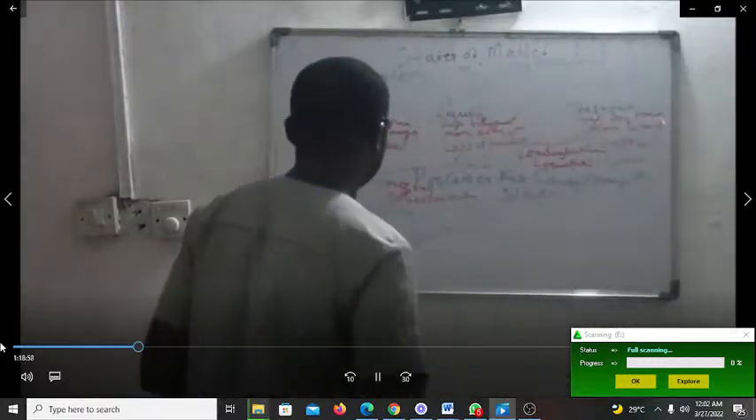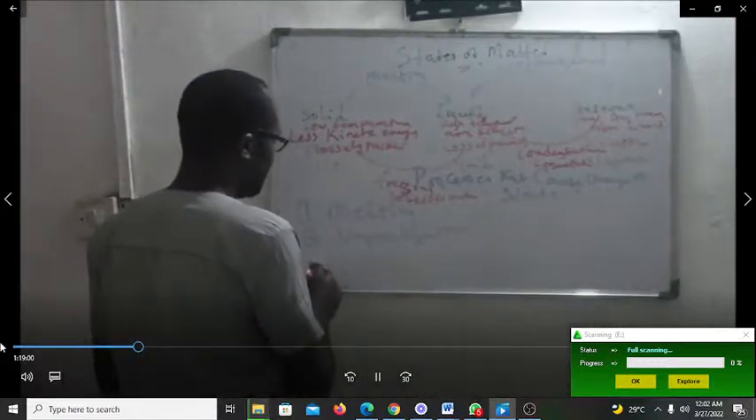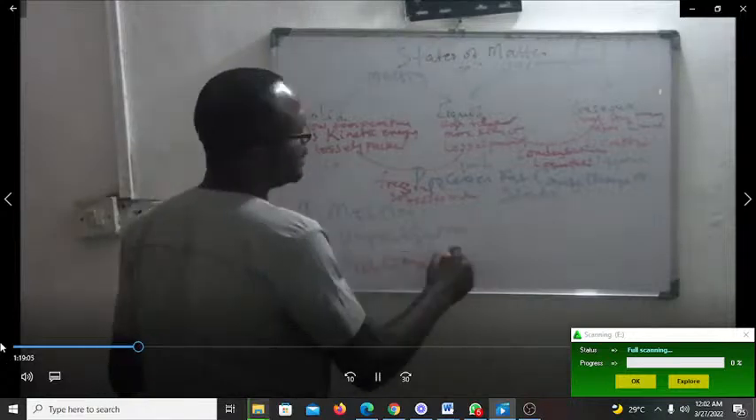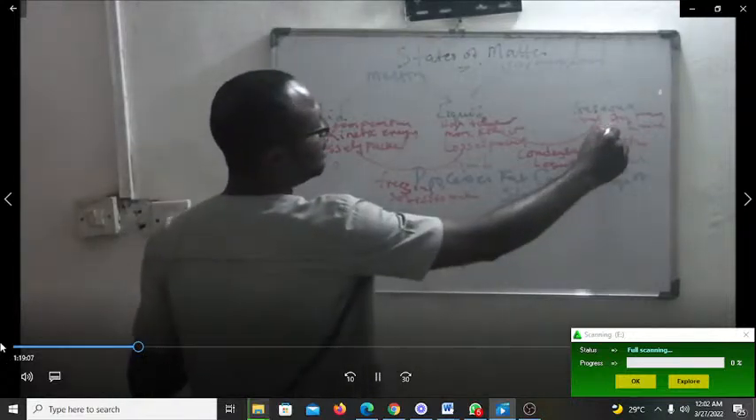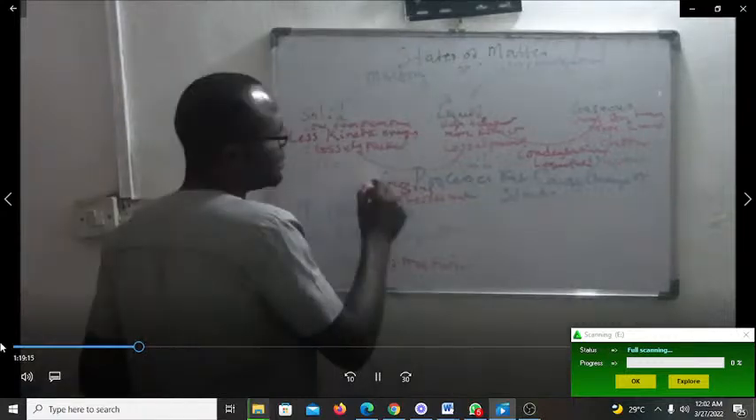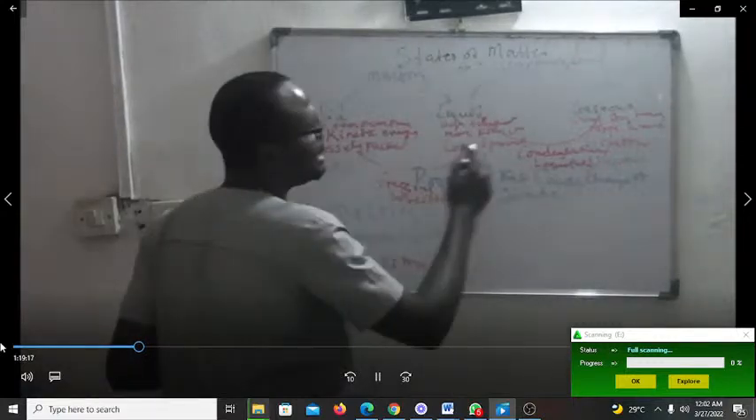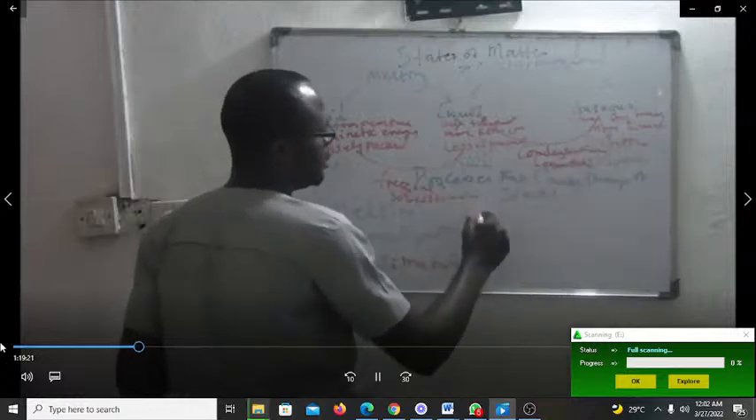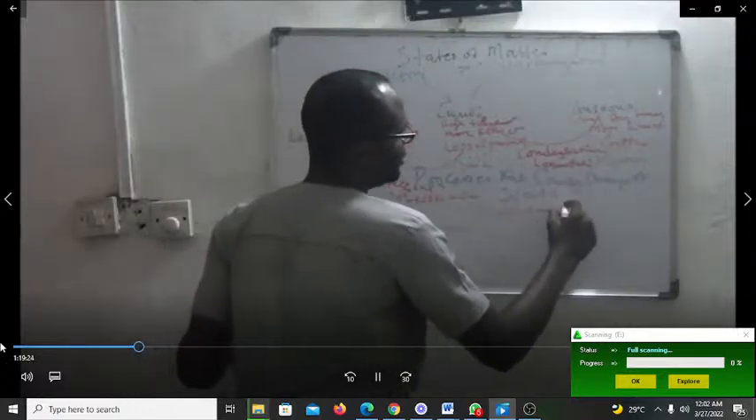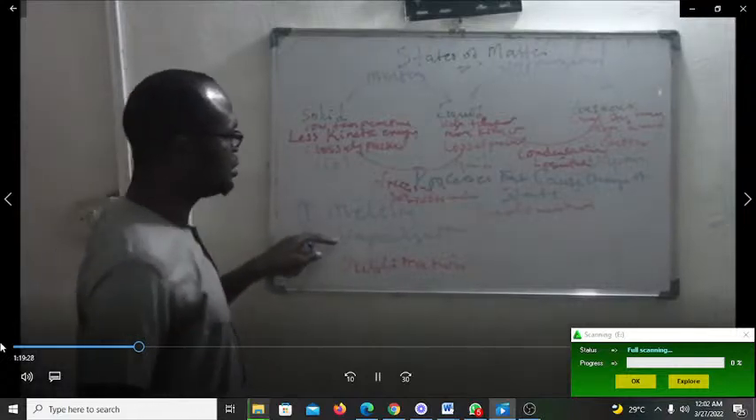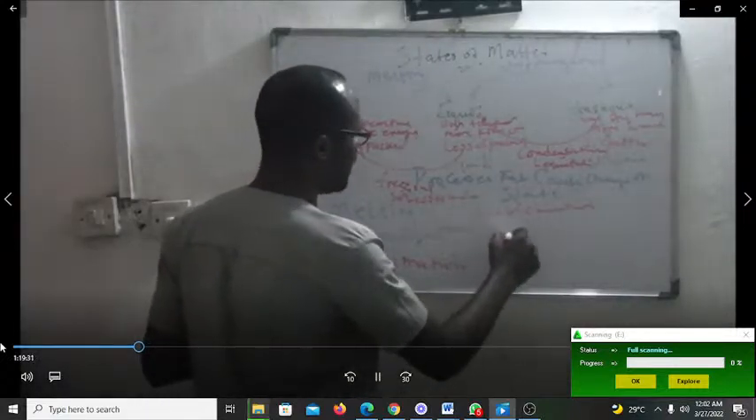Sublimation. We also have sublimation. What is sublimation? When it changes from solid straight to gas, without changing to liquid. When it changes straight from solid to gas, we call it sublimation. So those processes are melting, vaporization, sublimation. We also have